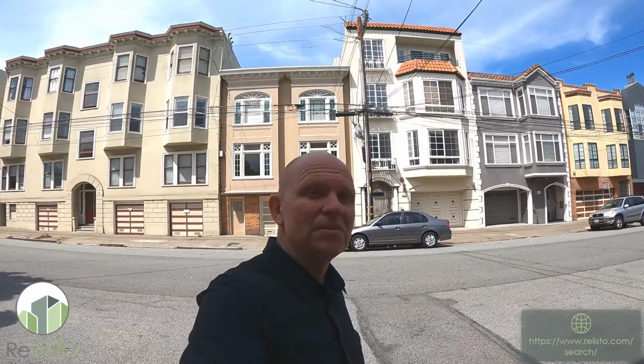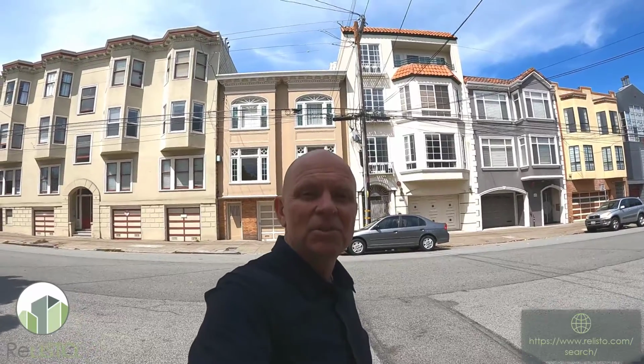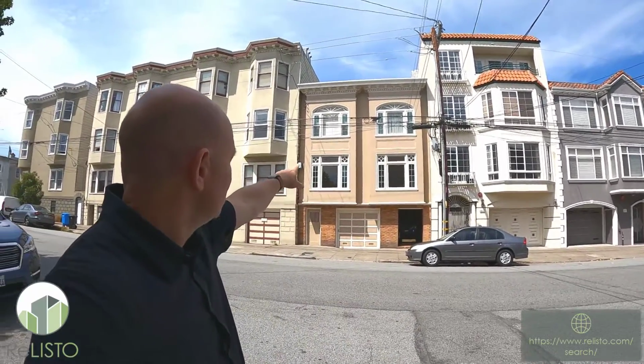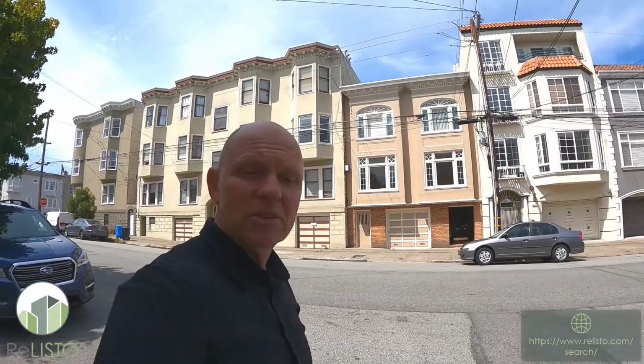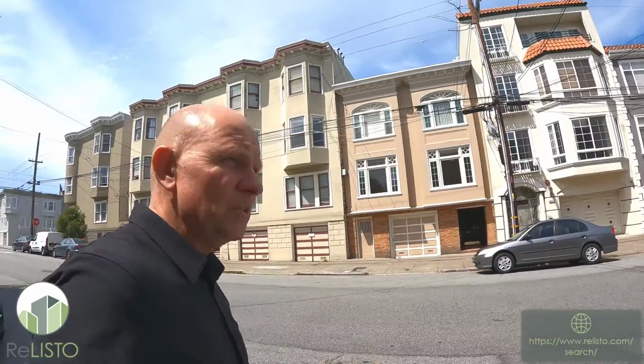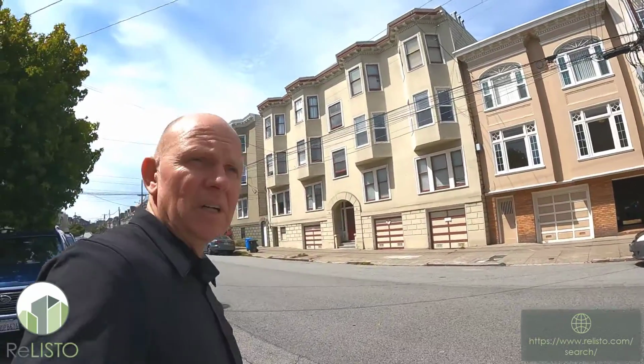Welcome. Today I'm happy to be sharing with you 479 7th Avenue. This is apartment number 1. It's right here, this beautiful building right here in the center. So let's go across. Again, this is 7th Avenue, one of the cross streets, so there's not a lot of